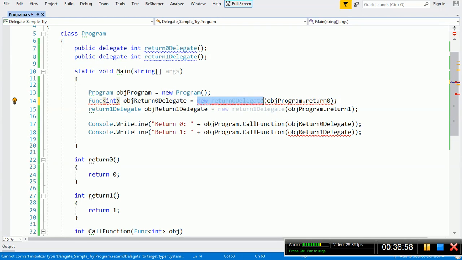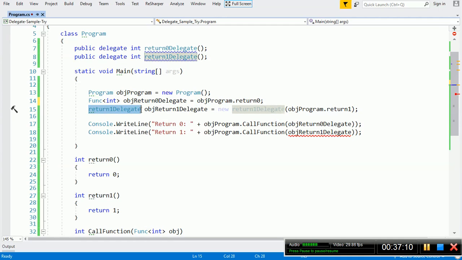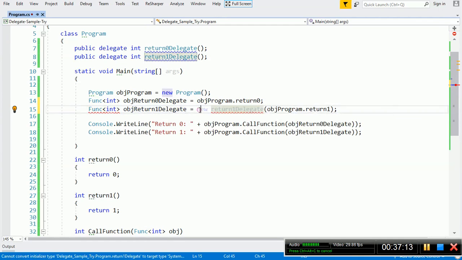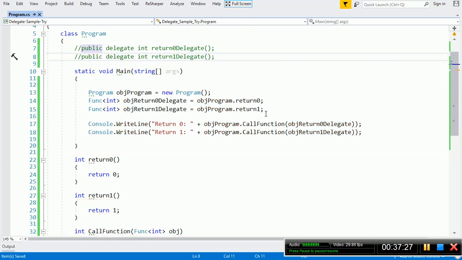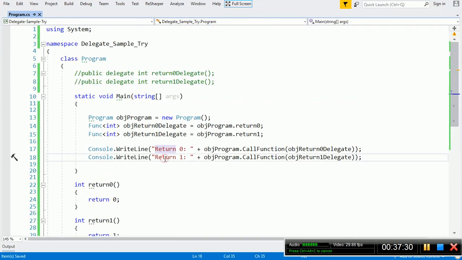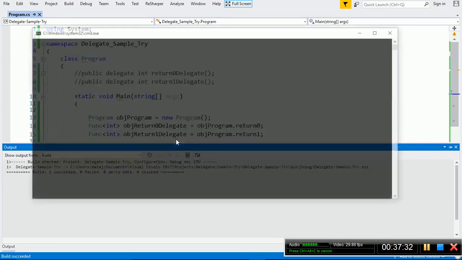And then here we should not pass any new return 0 delegate. Delete it. It works. Similarly, I also want to copy this line. I will delete this. Now I also don't want these two lines, so I comment them out. So all this is fine.